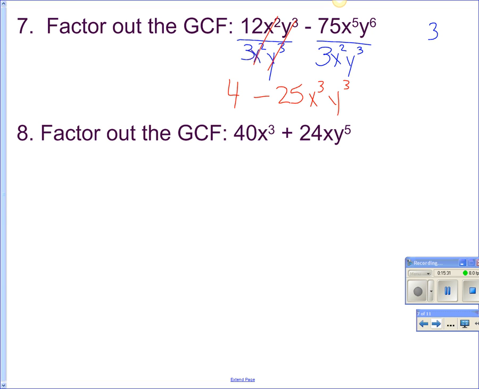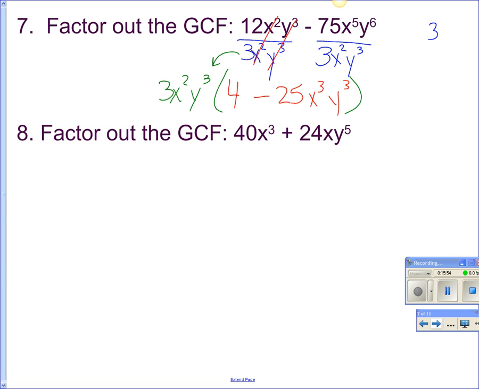Okay. Haley, what else do I have to do with my answer? Zaria, what goes out front? 3x to the second, y to the third. Okay. All right, number 8,